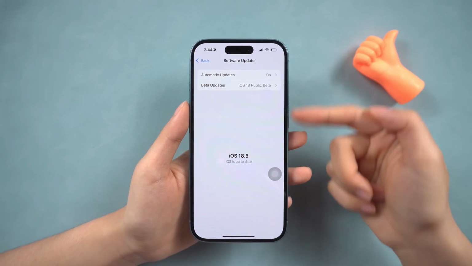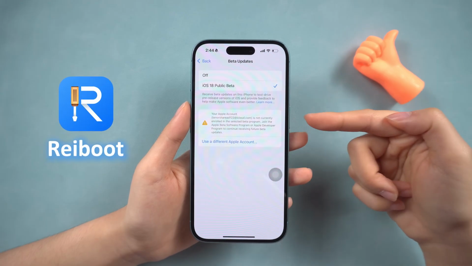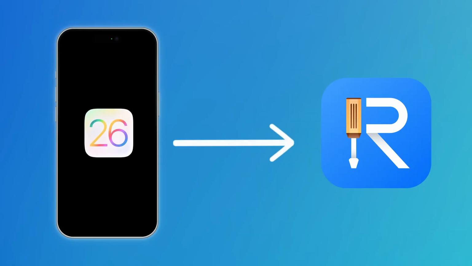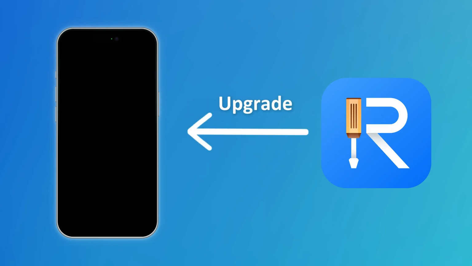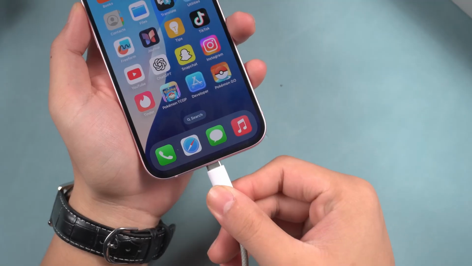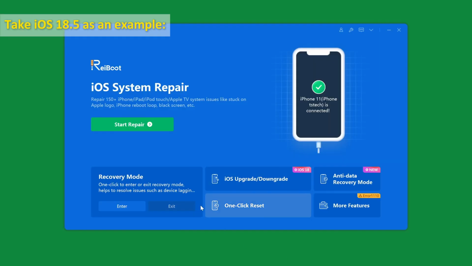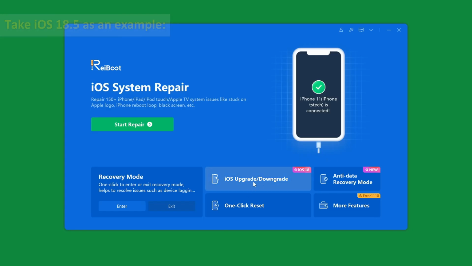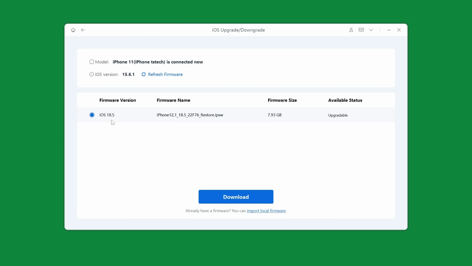If iOS 26 beta is still not displayed, you can try using ReiBoot. Once Apple pushes the beta version, ReiBoot will synchronize it, and you can upgrade to iOS 26 beta without waiting or complicated settings. Just connect your iPhone to your computer, then open ReiBoot. On the main interface, click iOS Upgrade or Downgrade. Click Upgrade on the left and follow the prompts to download the firmware to upgrade your iPhone to the latest